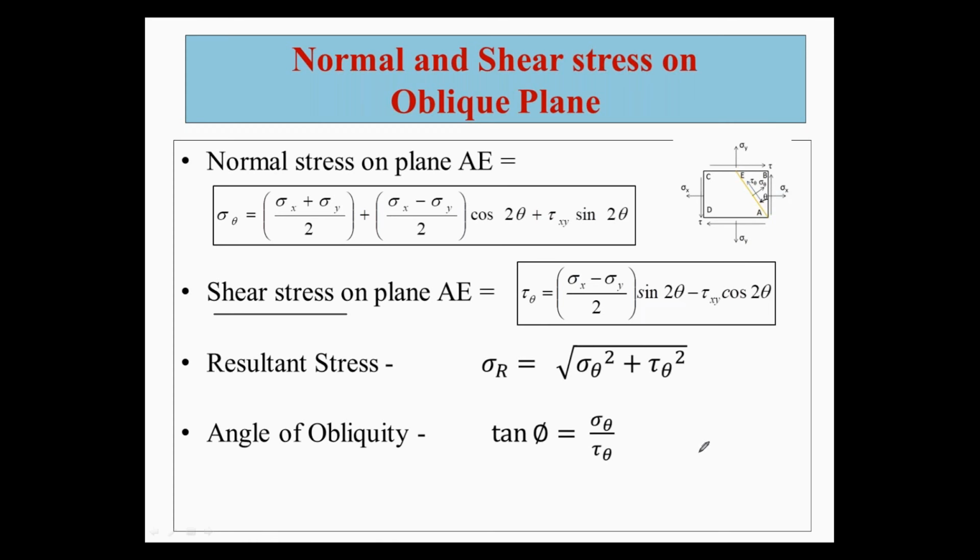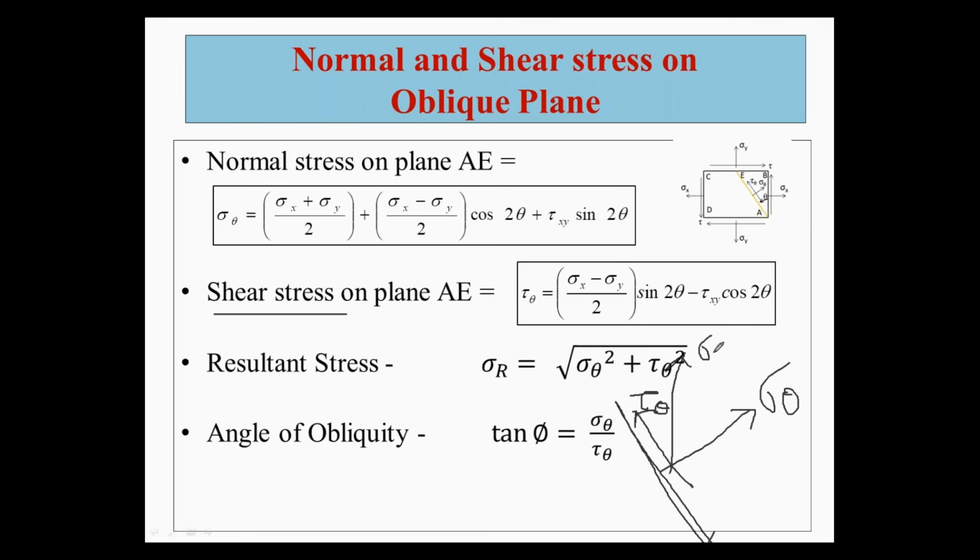So let us say this one is the plane. Perpendicular to the plane, that is sigma theta, that is normal stresses. Parallel to the plane, that is tau theta, that is shear stresses. And the resultant stresses will be,